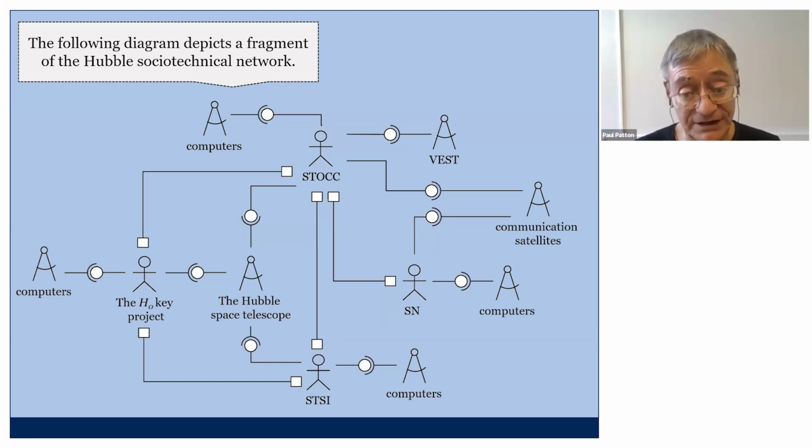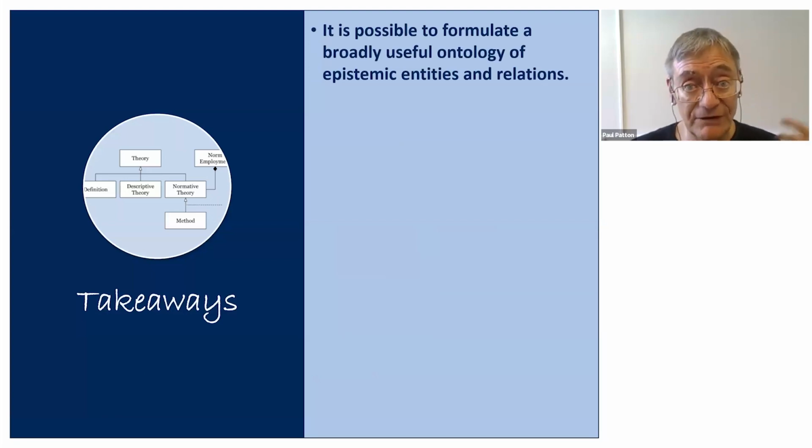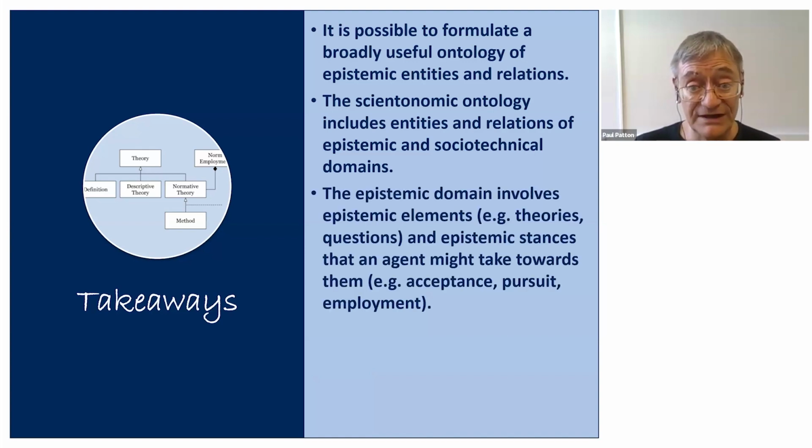to analyze a particular set of agents. Finally, general takeaways. What we've shown is it's possible to formulate a broadly useful ontology of epistemic entities and their relations. The scientonomic ontology includes entities and relations in two domains, the epistemic and sociotechnical domains. The epistemic domain involves epistemic elements, theories, and questions, and epistemic stances an agent might take towards them. And it enables not just the creation of a database, but also a useful diagrammatic notation for the analysis of specific